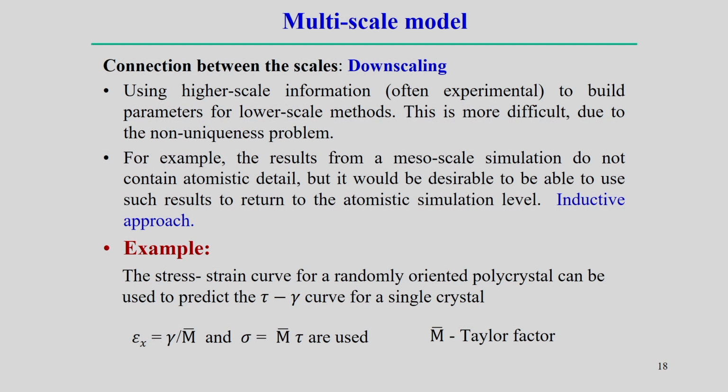Here you see that there is a relation between shear stress and shear strain in terms of the Taylor factor, and the normal stress and the shear stress can be related using the Taylor factor. So, using the data at the higher scale, which is the stress strain curve of the random polycrystal, to relative precision, it is probably possible to pass it to the lower scale so that you will be able to predict the single crystal behavior, because experiment on a single crystal structure and evaluation of its stress strain diagram is more difficult. Rather, for polycrystalline material, the evaluation of the stress strain diagram is a little bit easier.